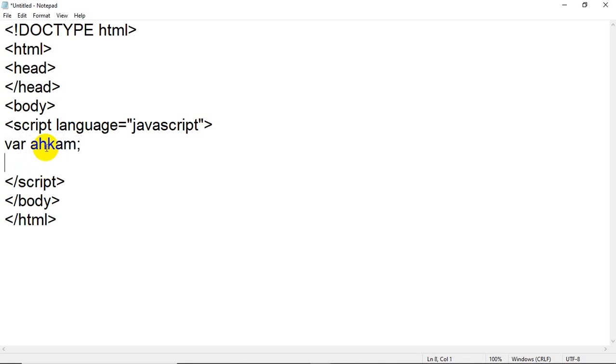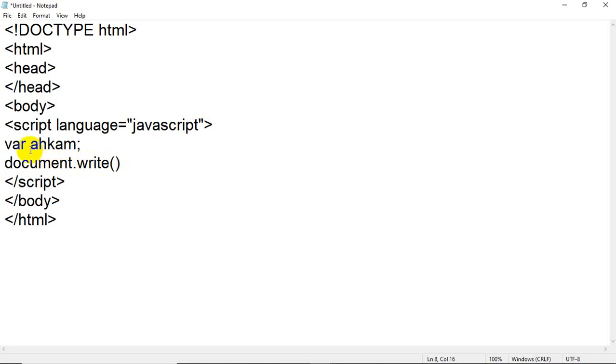Now I am going to write document dot write. What does document dot write mean? Document is an object. Write is a method or function which is used to display, to write anything on your browser.